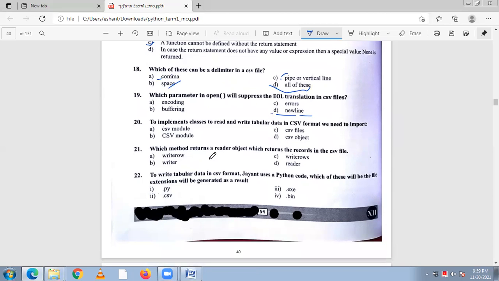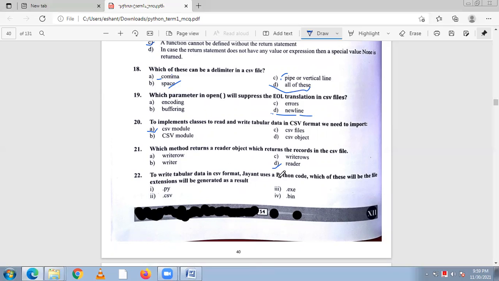To implement classes to read and write tabular data in CSV format, we need to import the CSV module. Import csv. Now question number 21. Which method returns a reader object which returns the records in the CSV file? So reader is the answer.